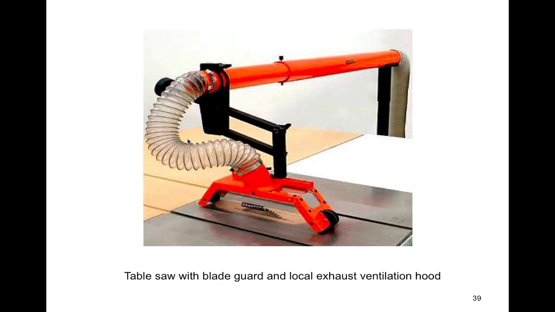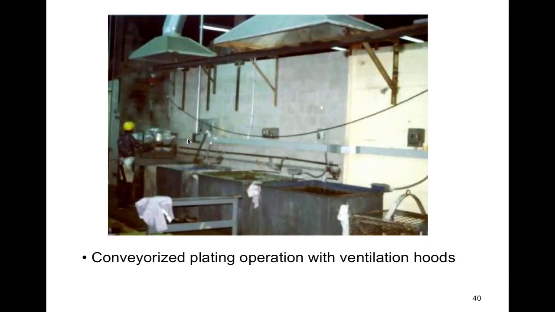Here's a table saw. As the material gets cut up, it gets thrown up into that exhaust hood. Now it's completely covered, so that horse, as you're pushing it through, lifts a little bit. The wood actually keeps a seal on it, so you don't need to move that much air because it's captured, contained within that hood anyway.